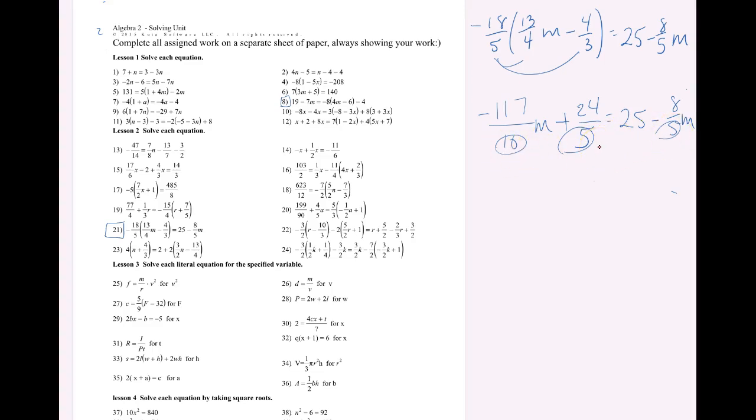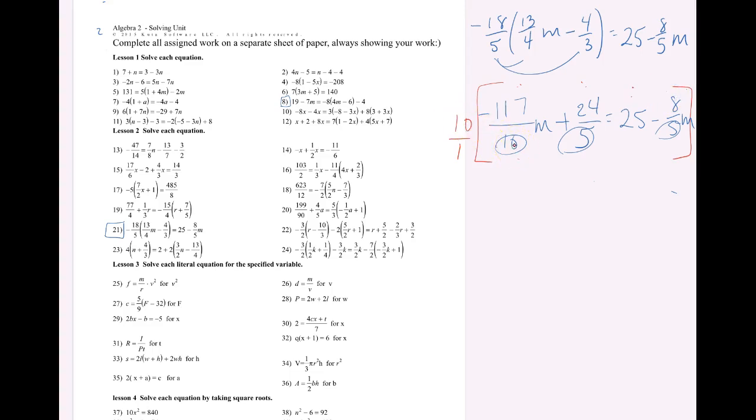So what I'm going to do as my next step is multiply every single term, all four of these, by 10. And it's important that you have distributed first, otherwise it could be weird and wrong the way you do it, okay? So please distribute first, then look for that common denominator or least common multiple, and then we're going to multiply everybody by it. Now, the reason that you do that, guys, is because this is like a 10 over 1. So as you're distributing this 10 to all four of these numbers, it's going to get rid of your denominator,